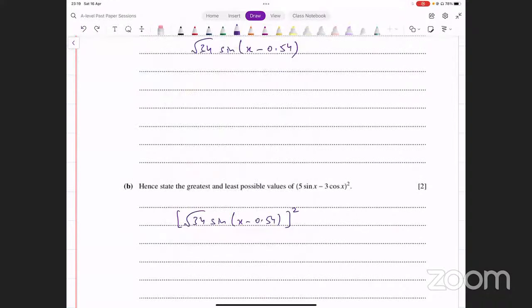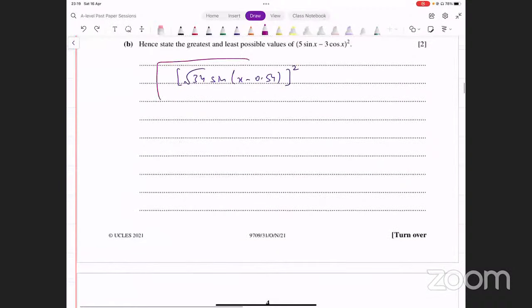अब हम क्या करेंगे, अब हम देख लेंगे कि इस फंक्शन की ग्रेटेस्ट और लीस्ट पॉसिबल वैल्यूज क्या हो सकती है, ठीक है? अब ग्रेटेस्ट लीस्ट पॉसिबल वैल्यूज ट्रिग्नोमेट्रिक फंक्शन साइन और कॉस जहां पर आते हैं, हम कैसे निकालते हैं? हमें पता है कि साइन की वैल्यू जो होती है वो -1 से लेकर +1 तक होती है, ठीक है? तो इसकी जब ग्रेटेस्ट और लीस्ट वैल्यूज आप देखोगे, आपको एसेंशियली 3 पॉइंट्स चेक करने होते हैं। एक तो आप -1 और +1 देखते हो, लेकिन जब स्क्वायर आ जाता है तो -1 और +1 पे तो आपको सेम वैल्यू मिलेगी। आपको एक पॉइंट और देखना होता है, that's right in the middle,